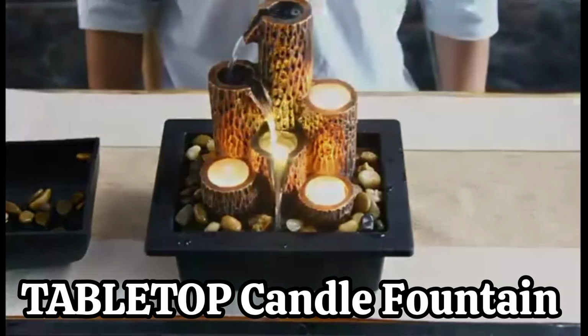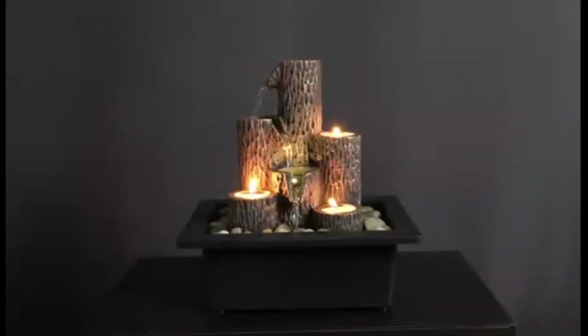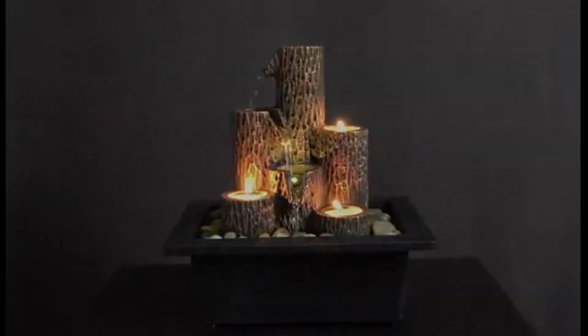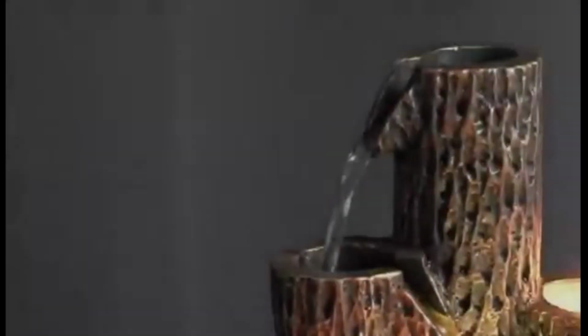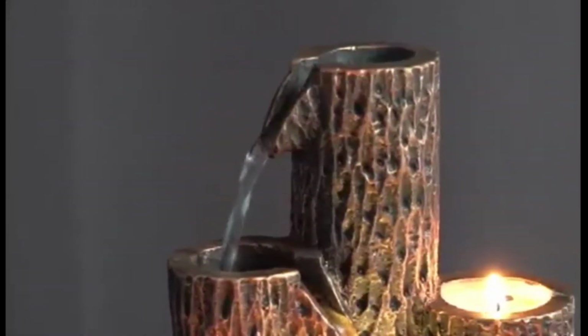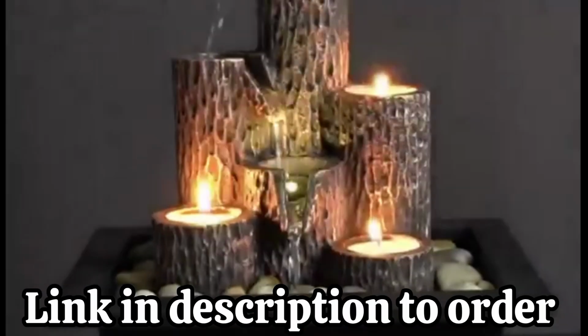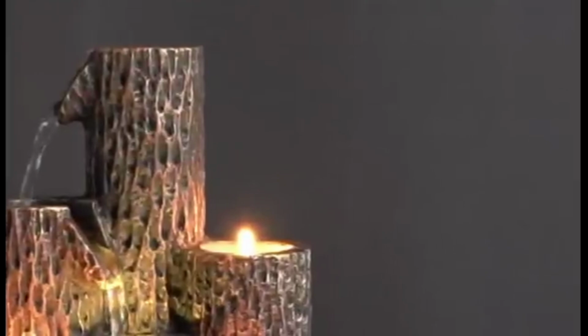Looking to elevate your space with calm beauty and sound? This indoor lotus leaf fountain is your new favorite addition to any United States home decor setup. Designed with 3 golden tiers, flowing water, candle-style LED lighting, and natural river rocks, it brings serenity to your table, desk, or nightstand. The soft sounds of water falling, the warm glow reflecting off the leaves, it's like a spa